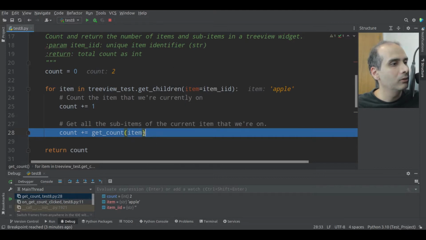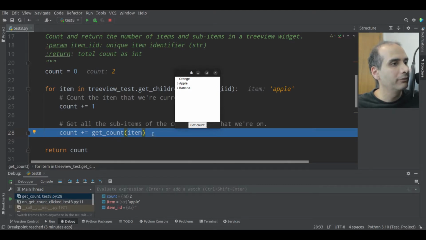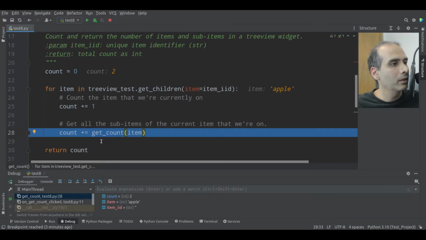And this line is going to go within apple. So it's going to try and count the sub items in apple, which if you remember, there's 1 sub item in apple. Okay, so now we're going to go in get count for the sub item,